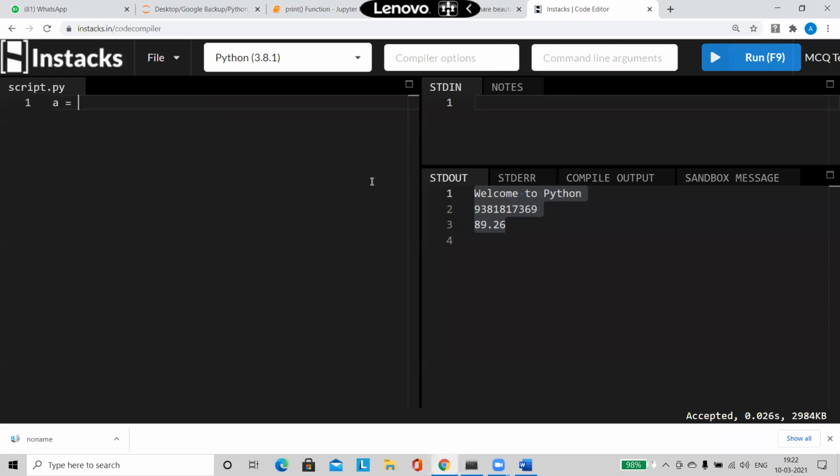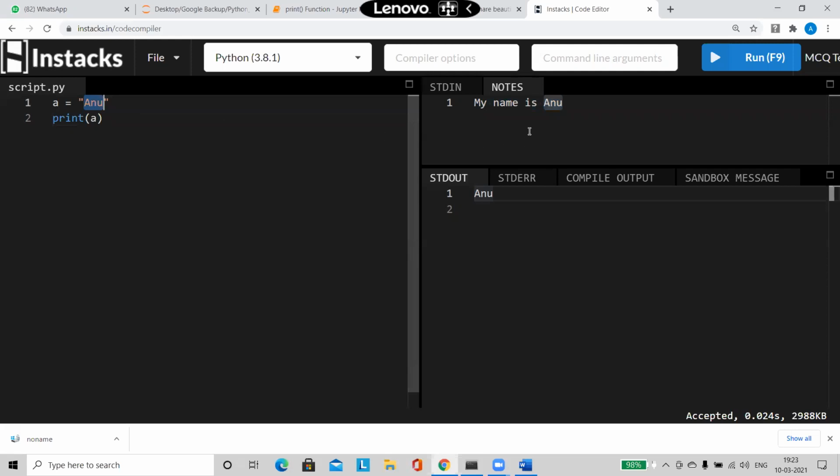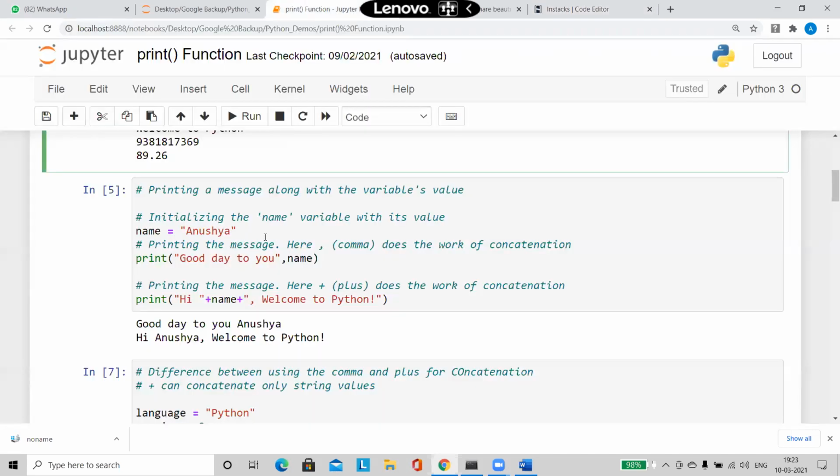I am having a variable like this. I'm having my name, let me say. Now, when I say print, what is it going to do? When I run this, it is just going to print the value. Yes. But now what I'm saying is, I want my output to be printed like this: My name is. I want the output to print like this. Now, how can I get this done? Not just the variable's value here, I want that value to get printed along with this particular message. So how to go about that?